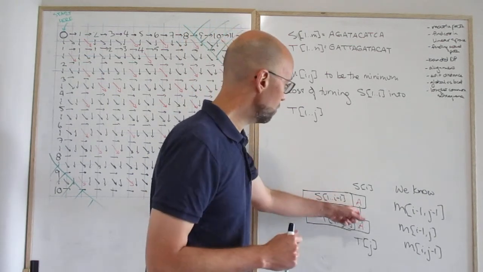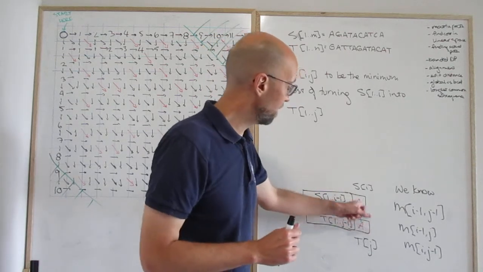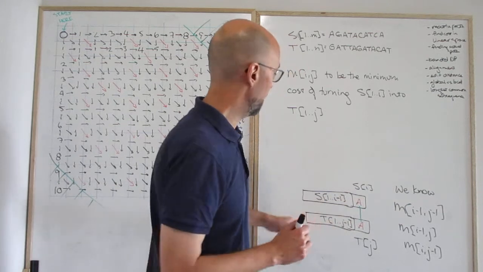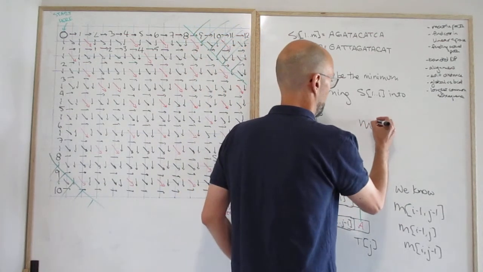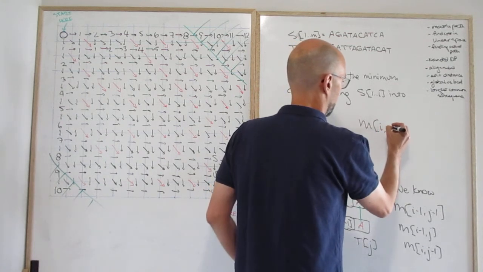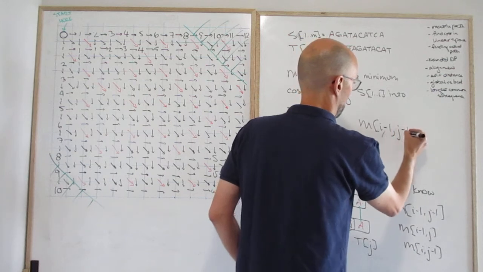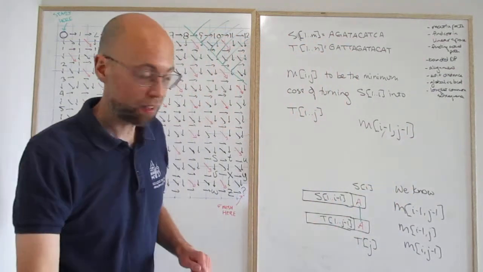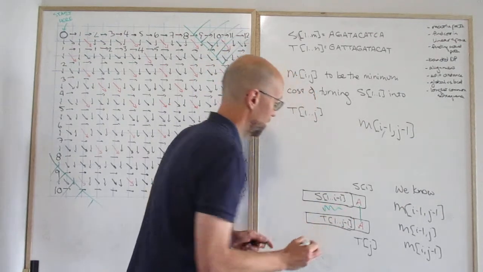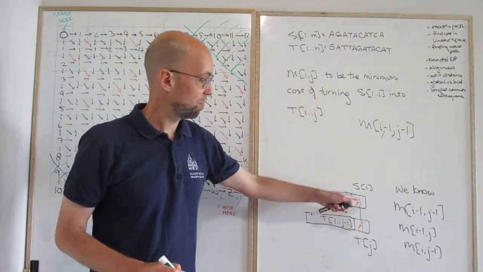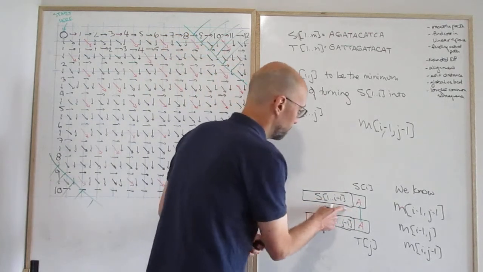Okay, so if these two are equal, and we decide to match them like that, then the cost is M(i-1, j-1), right? Because then it's the cost of working out the alignment between these two parts. And this is free because we don't have to change anything. Then,